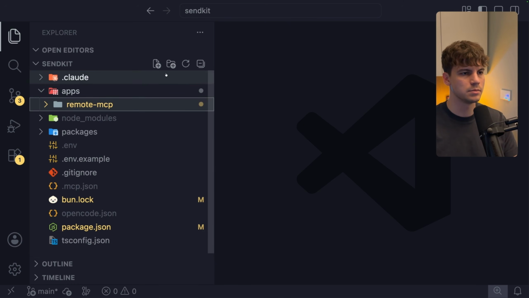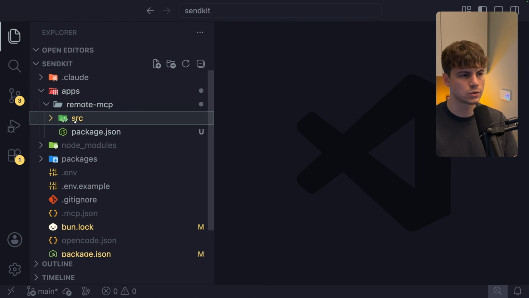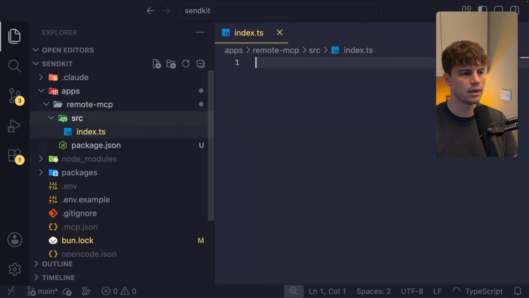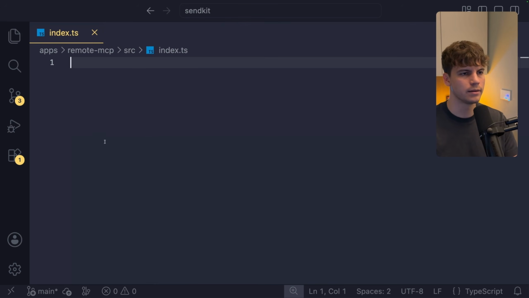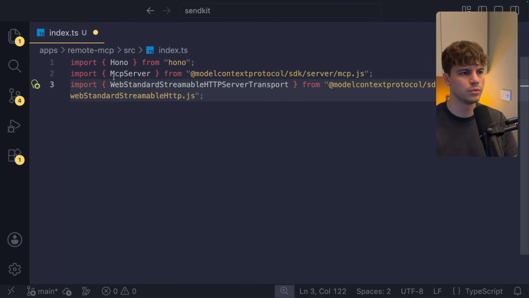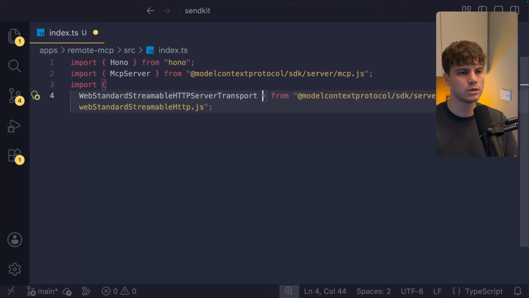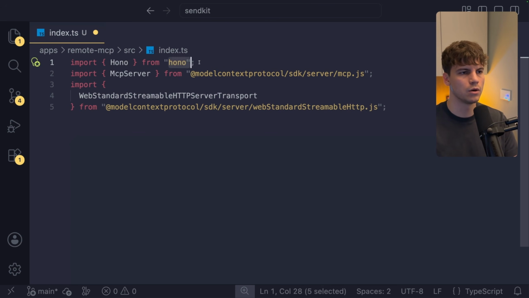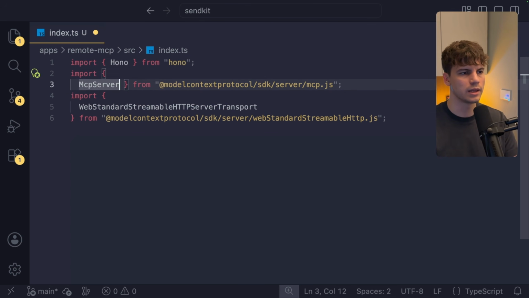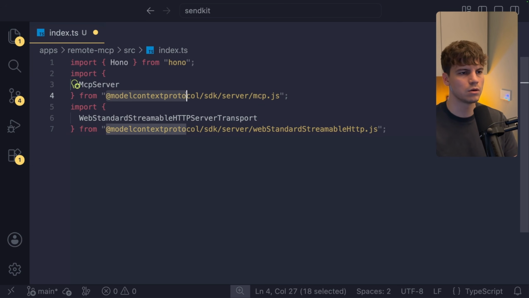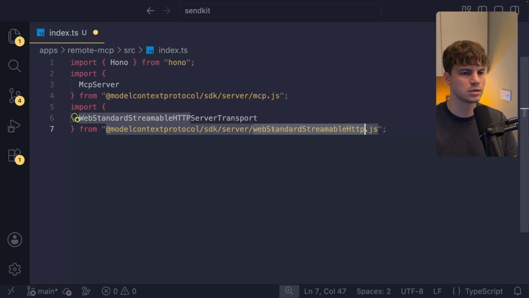Inside of remote MCP, let's create a new folder called source, and inside let's create an index.ts file. Let's go ahead and add all the imports which we are going to need. We are going to need to import Hono from Hono. We are going to need to import MCP server from Model Context Protocol SDK server MCP.js, and we are going to need to import a web standard streamable HTTP server transport from SDK server,